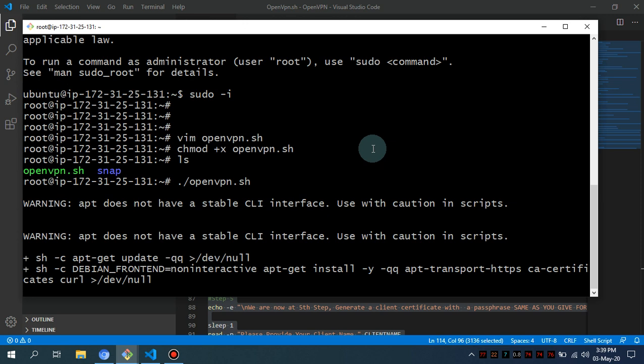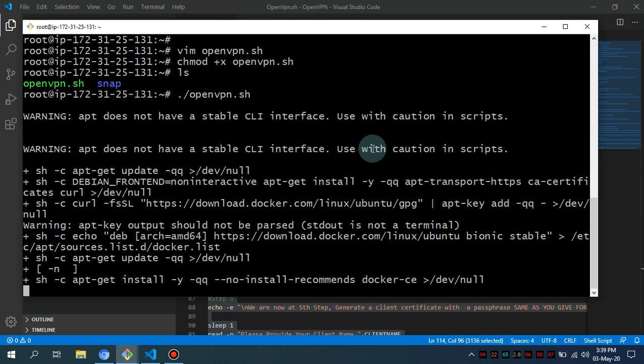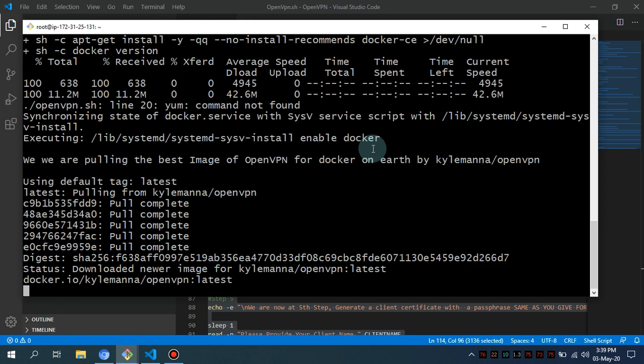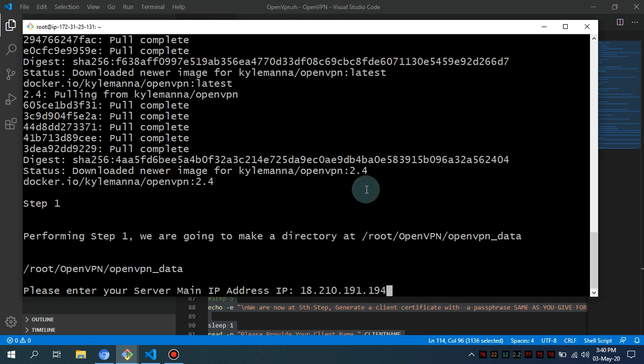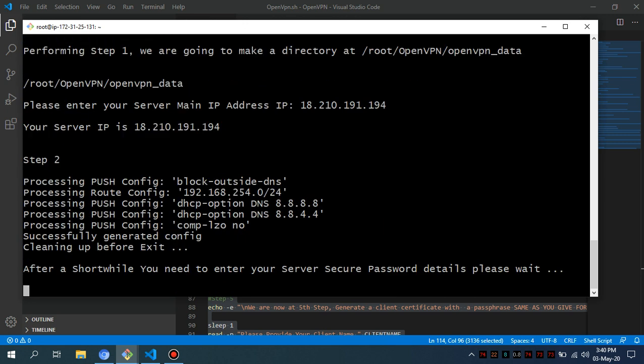So what it is doing, it is going to set up, install the Docker in your EC2 instance or in your Ubuntu virtual machine, and then it is going to pull that particular image, and everything is going to be automated, so you don't have to do anything. And step one, I will be asking you guys to please provide the static IP or the elastic IP of your EC2 instance. So I have done that, and